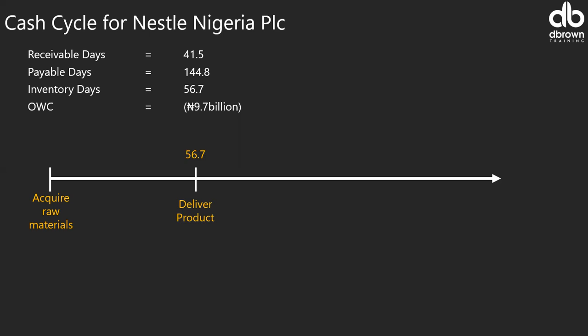Right? From there, the next thing is what we now call our inventory days. From there, acquiring that raw material, delivering it, taking it out of their own shelf is what we call inventory days. And from there, the next thing is for them to receive cash from their customer. Now, from receiving cash from their customer, we start from the first, which means the first cash to enter this business. From acquiring raw material, no cash. Delivering the product, no cash. And the first thing is we receive money from our customers.